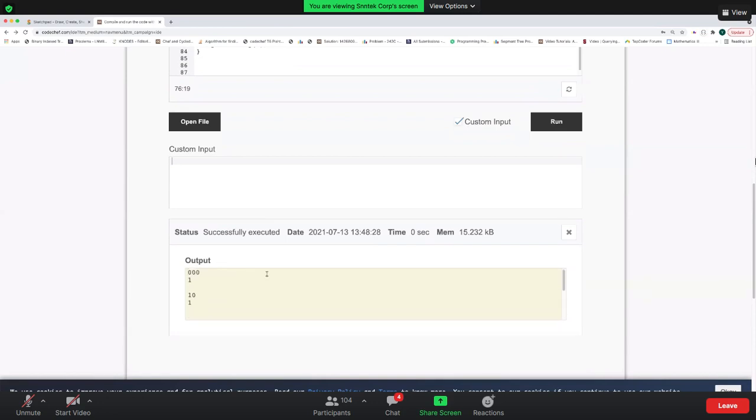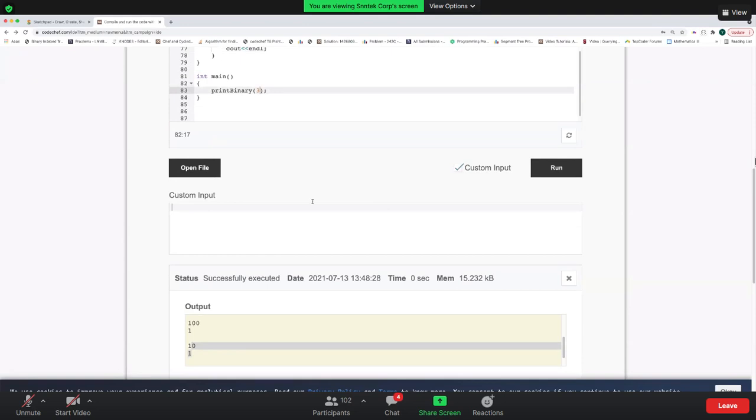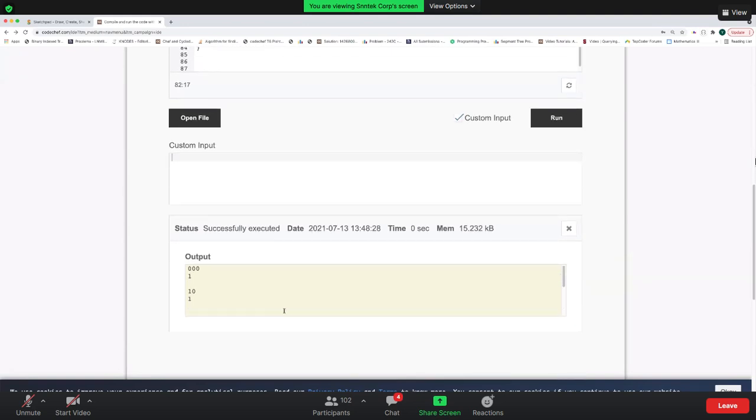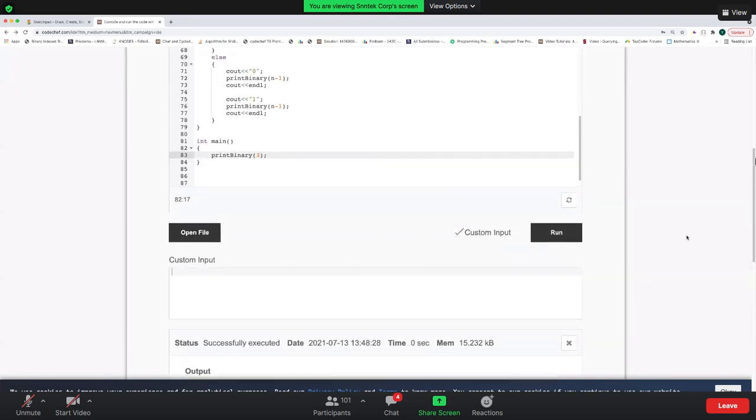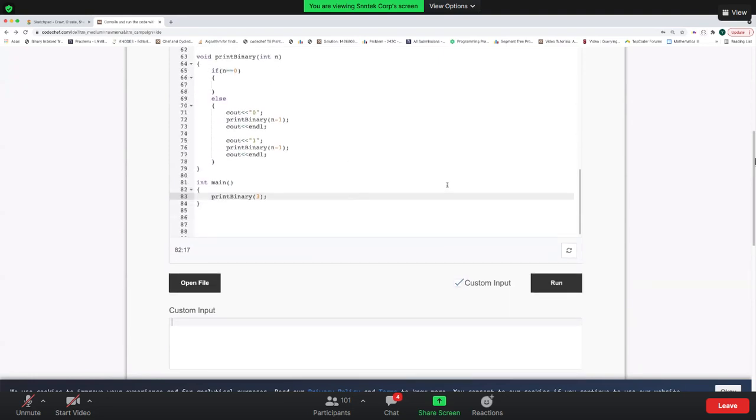Oh, so it is printing 000 correctly. It is printing 1, then a space, then 101. So in total, it is printing 8 numbers, and for 3 we are expecting 8 numbers to get printed, but we are missing some numbers. 000 is getting printed correctly. After that, 100 is getting printed correctly. Then what is the issue here? Can anyone of you tell me what is the issue? And if I need some modification in the code, what can I do?